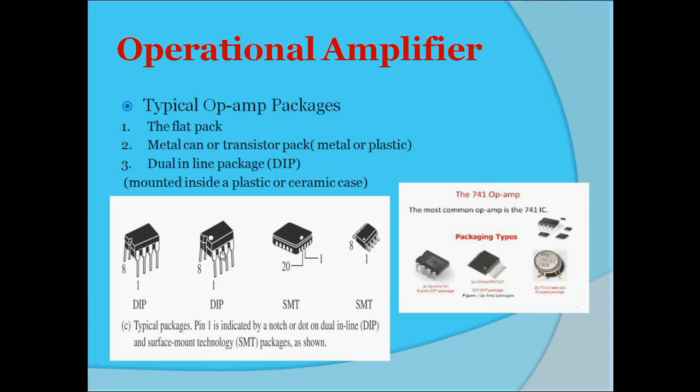When can we go for the flat pack? Flat pack is more reliable and lighter than a comparable DIP package, and therefore it is suitable for airborne applications. Metal can pack is also the best choice if the IC is to be operated at relatively high power and expected to dissipate considerable heat. All these three packages are also available for some specific applications. The choice can be made based on the relative cost and ease of fabrication of the ICs. In this way we can go for the selection of ICs here.